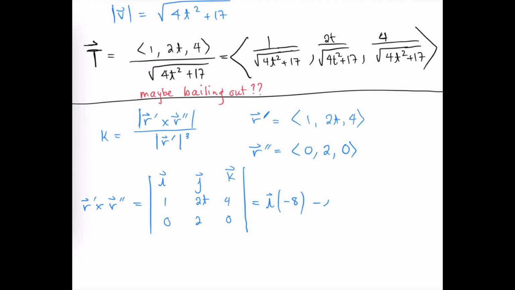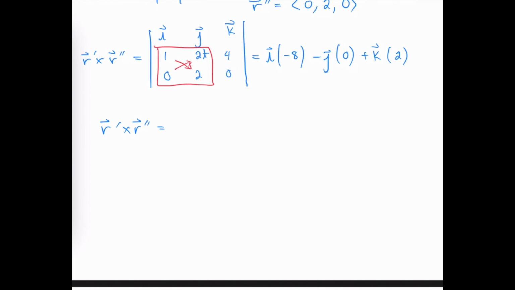And then we subtract j times the determinant that results from these 4 elements. So we're going to have 0 minus 0, which is just 0. And then plus k times the determinant that results from these 4 elements. So we've got 2 minus 0, so that's just going to be 2. So the r prime cross r double prime vector is going to be negative 8, 0, and 2,